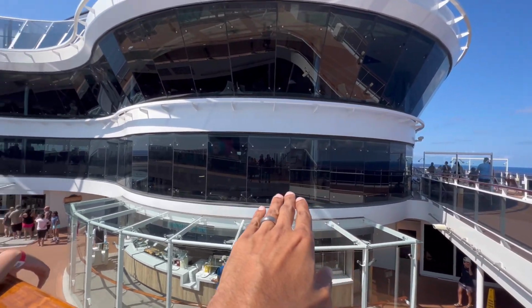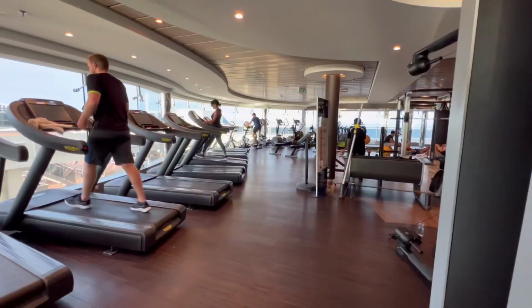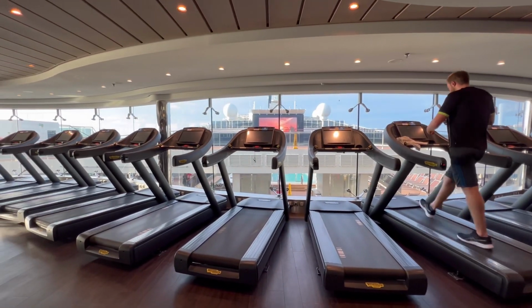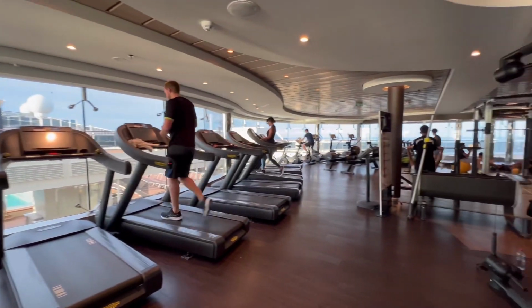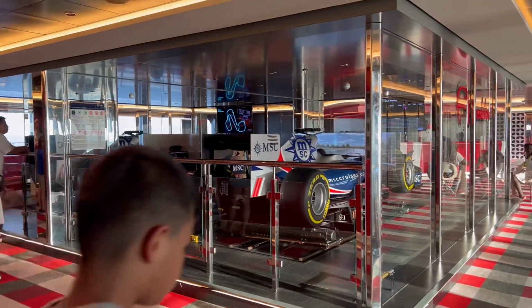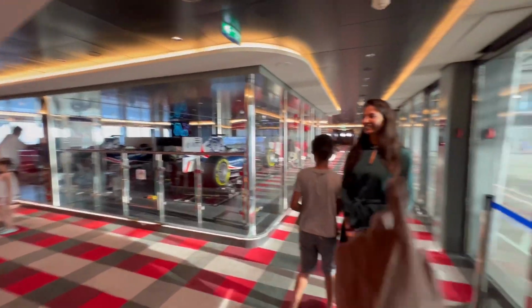And now this is the gym on MSC Meraviglia. Another unique thing is this gym, which is right in the middle of the ship with a view of the screen as well as a view of the water. Right in front of the gym is your Sportsplex, which brings us to another unique thing that we have seen